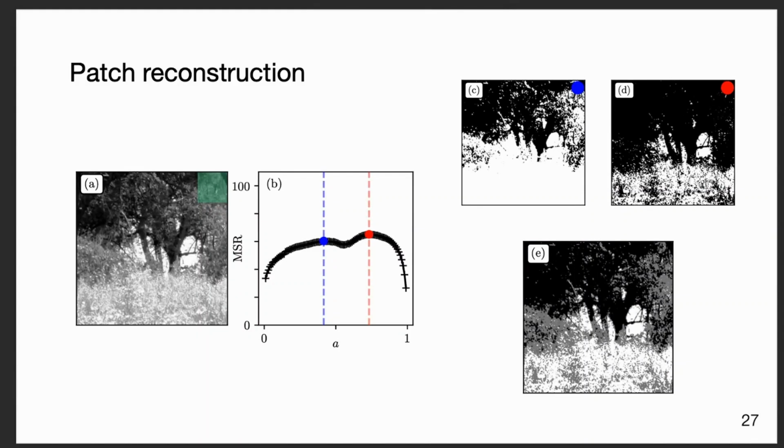So if you are at low A, it means that you have a lot of white pixels when you're thresholding. If you have high A, then you have lots of black pixels. And somehow, if you take the two maxima, the blue one and the red one, and you display them, which are these images, one not representative of the original image, and the other also not representative of it, and you put them together, you overlap them,